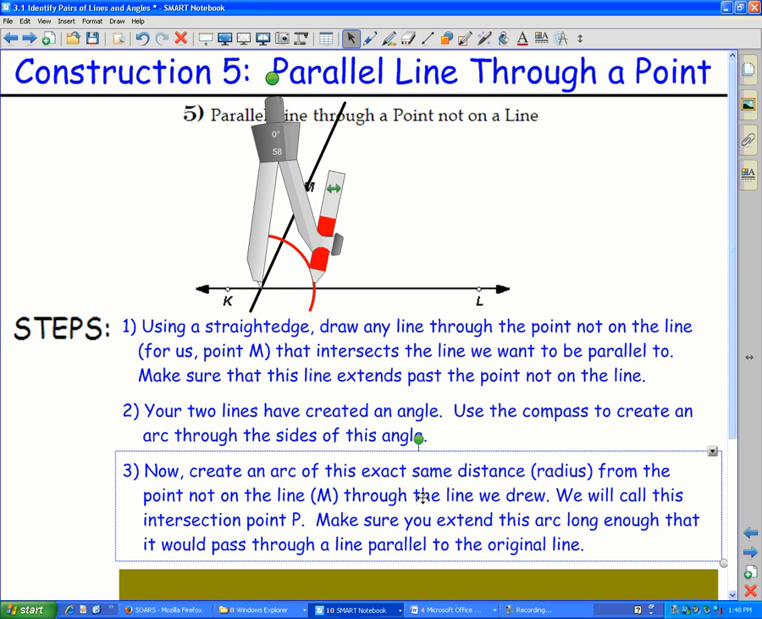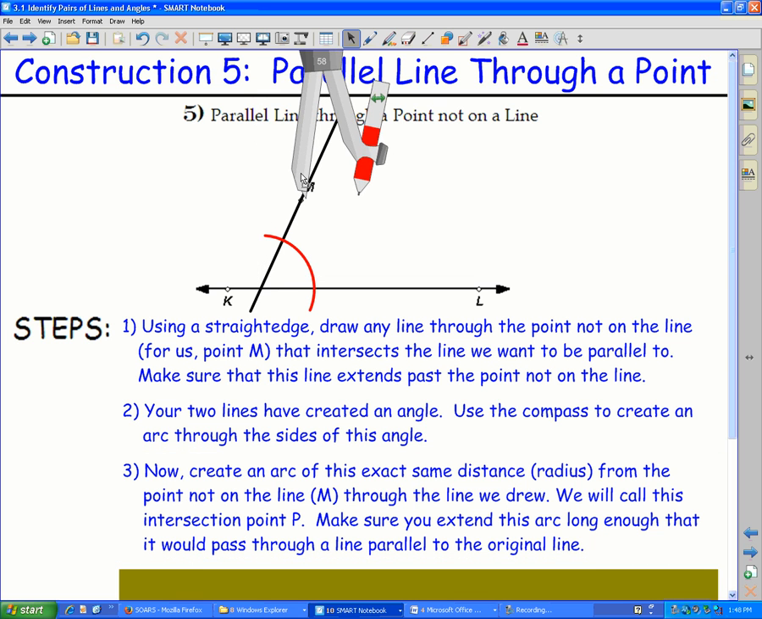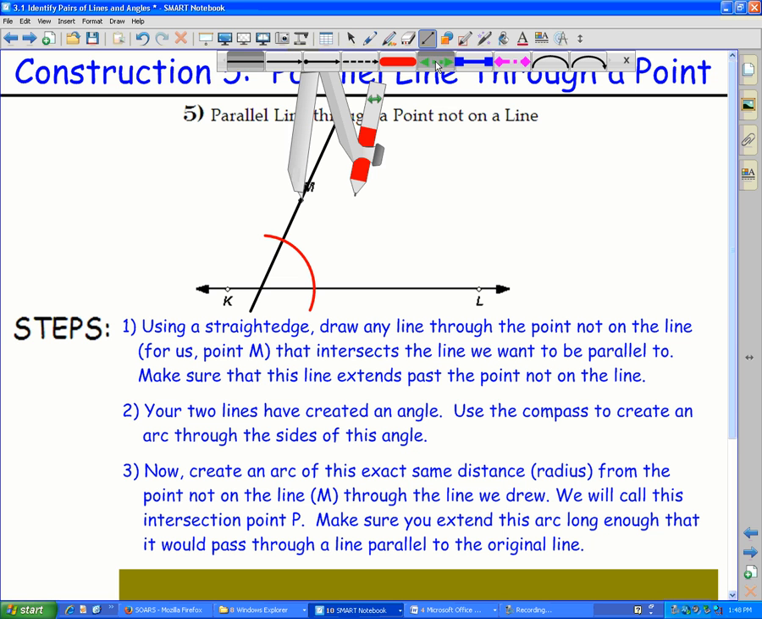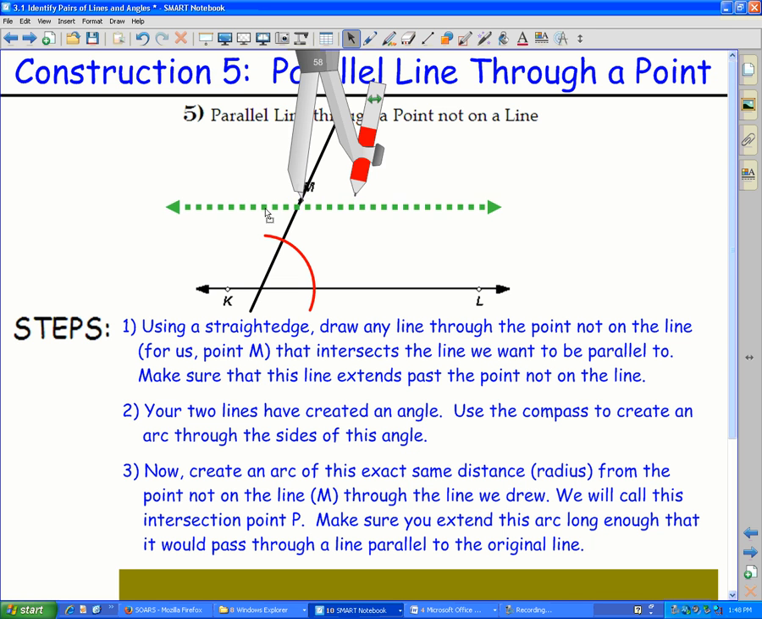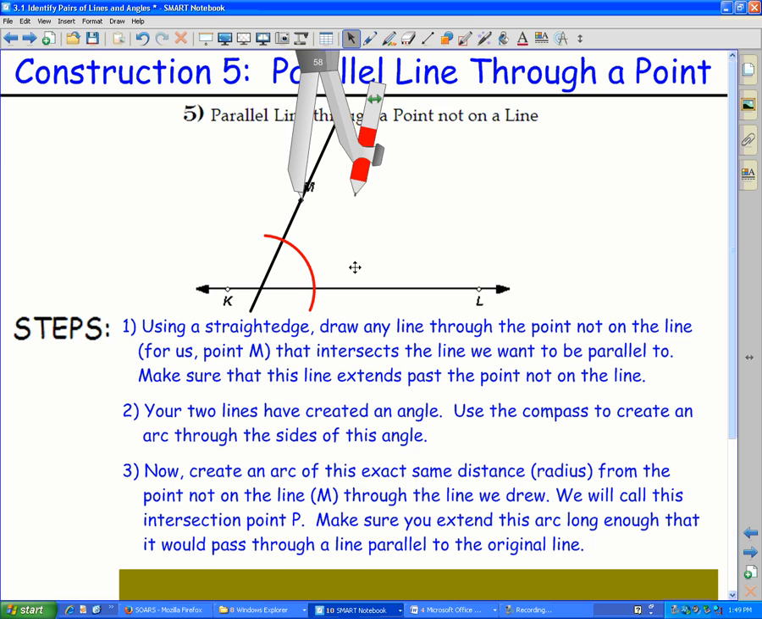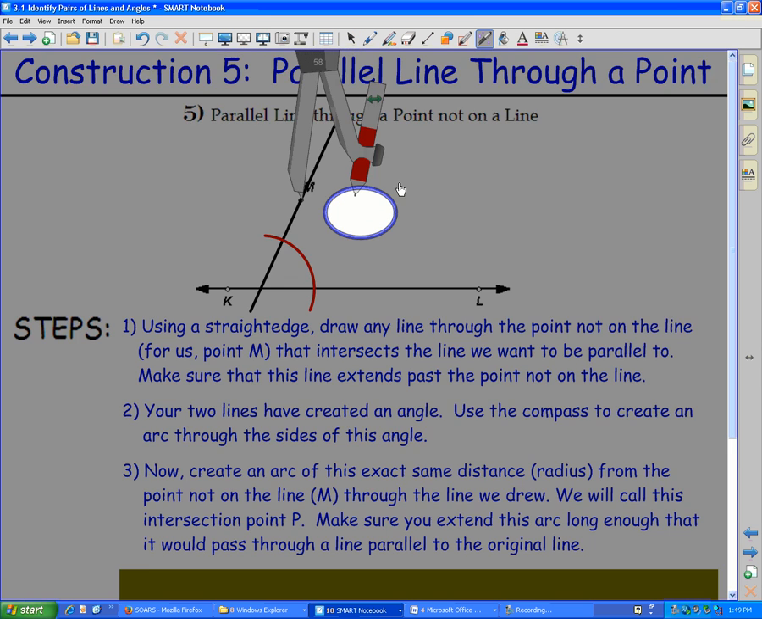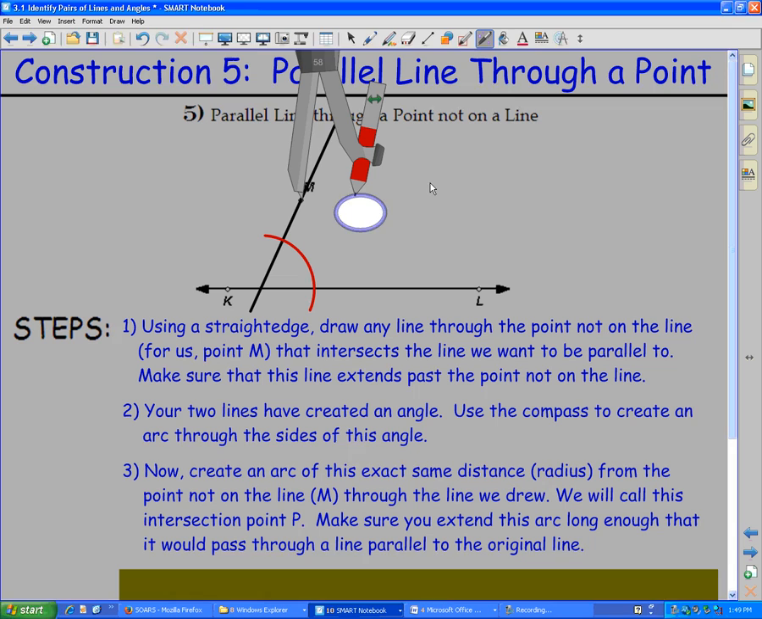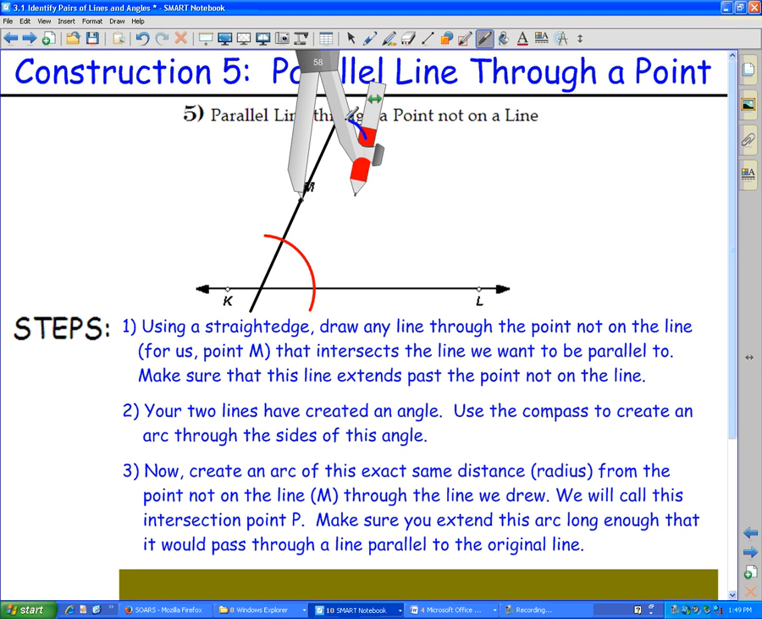So I'm going to go ahead and move this up. I'm going to put the vertex at our point M. And I don't know where the parallel line is exactly. It could be kind of here, maybe a little bit higher, maybe a little bit lower. I mean, we're not exactly sure. That's why we're doing the construction. But I do know that at least somewhere in this area right here, that line's going to be passing through. So when I draw my arc, as the direction said, I'm going to make sure that